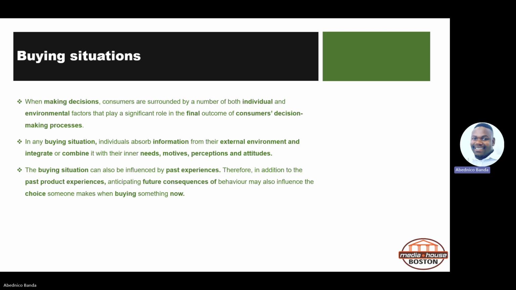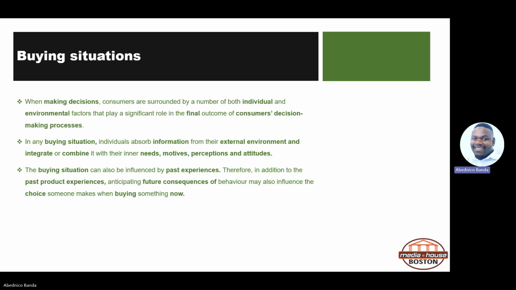So in any buying situation, individuals absorb information from their external environment and integrate or combine it with their inner needs, motives, perceptions, and attitudes. The buying situation can also be influenced by past experiences. Therefore, in addition to the past product experience, anticipating future consequences of behavior may also influence the choice someone makes